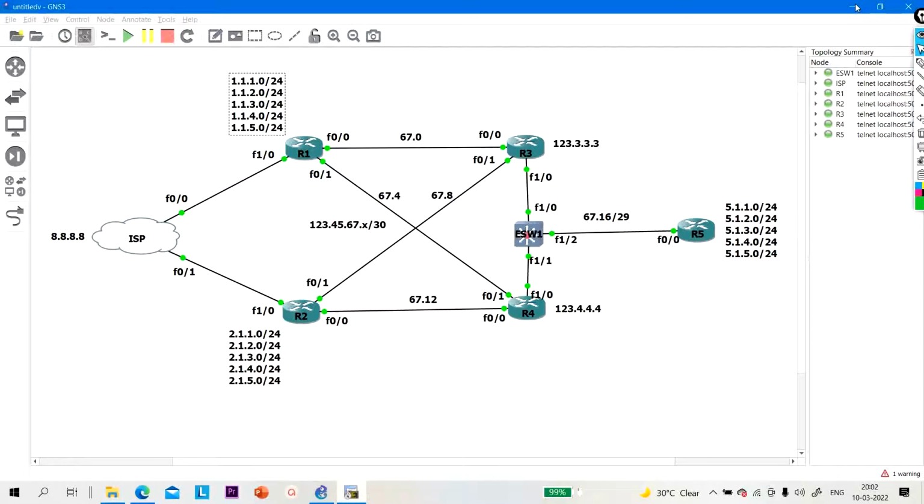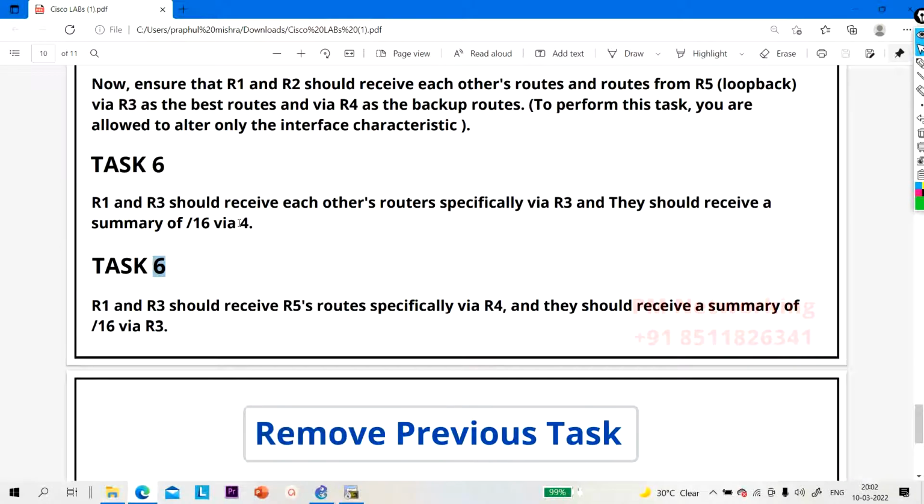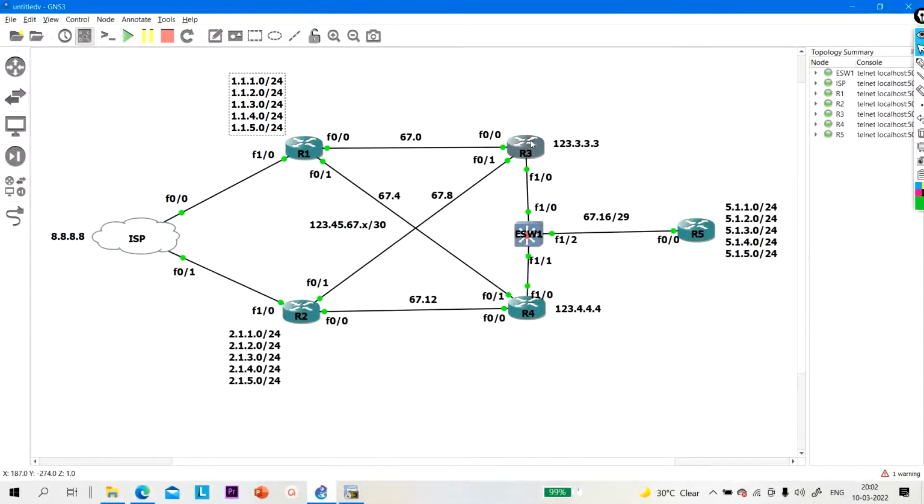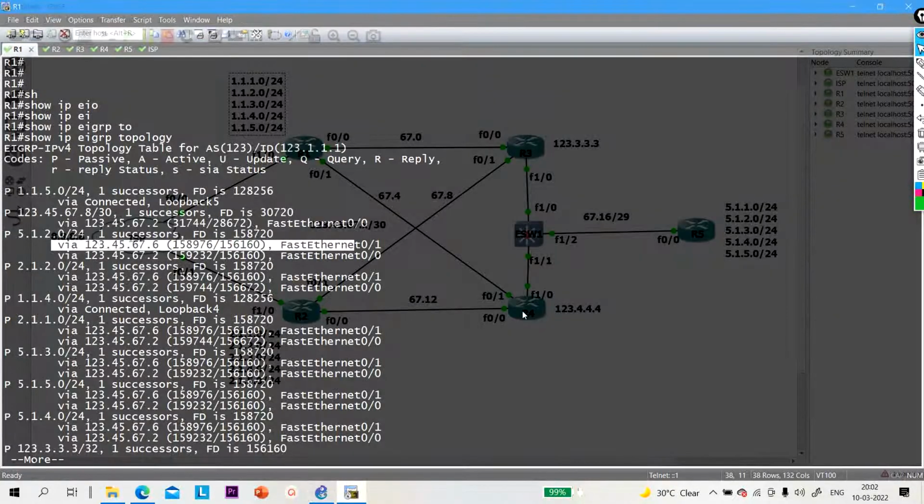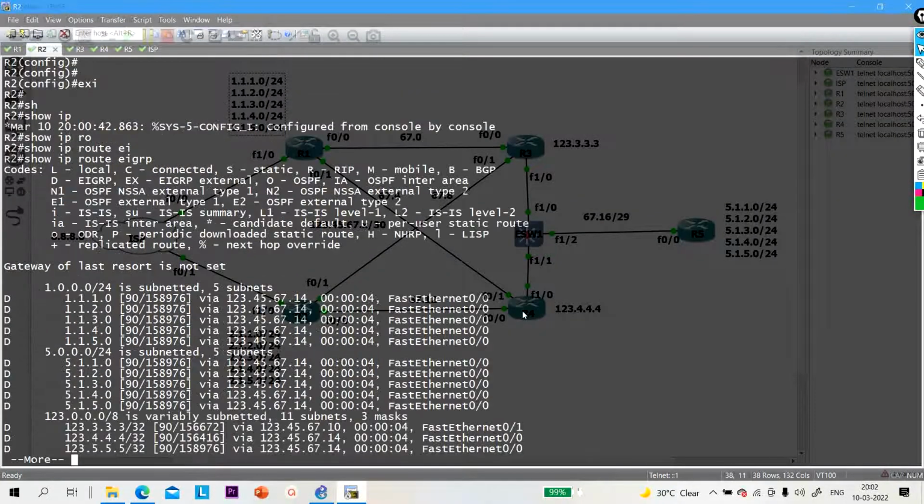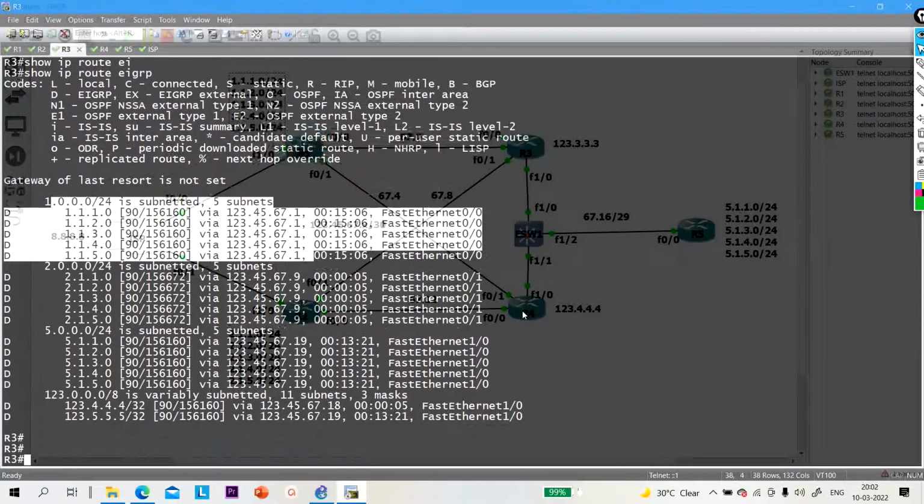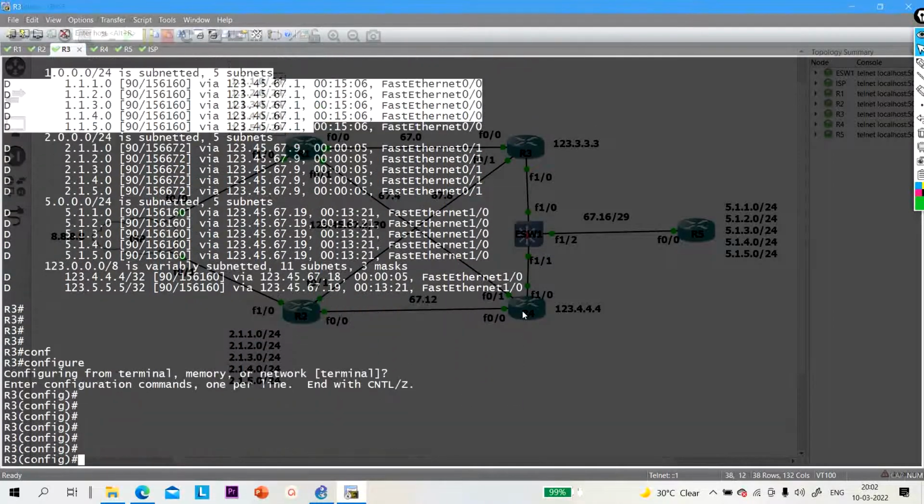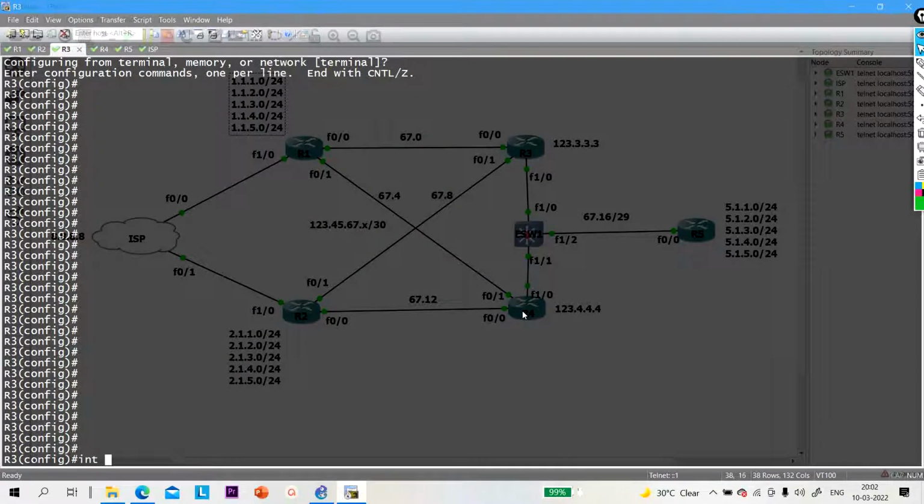Now guys, task number 7. They should receive a summary of /16 via R3. Okay, so via R3 they should receive a summary address, right? So go to R3 to perform this task. Go to R3, configure terminal. Now interface FastEthernet 0/0, IP summary address. So the summary address for this network will be